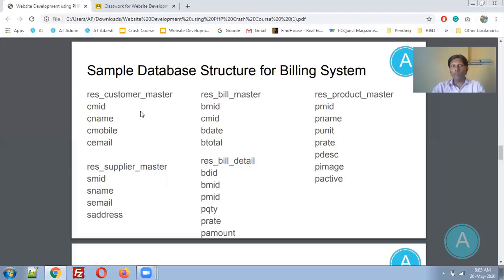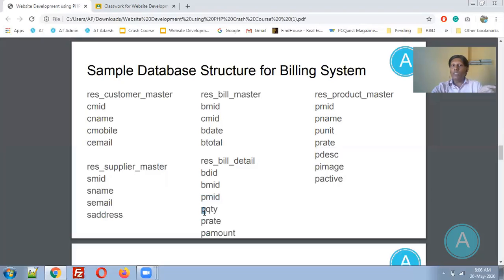Whatever master ID we have created, that will come up over here. For example, if the master ID BMID is 1, then BMID will be 1. Then it's time for the product ID. Which product you are buying from Amazon or from Myntra, from a store, that will come up from the product master table. So in the product master table, PMID is there, so that will come up over here, PMID.